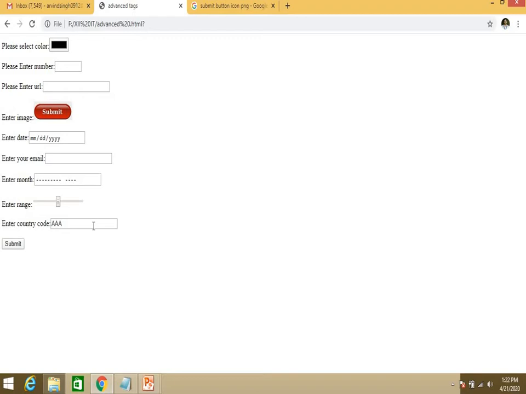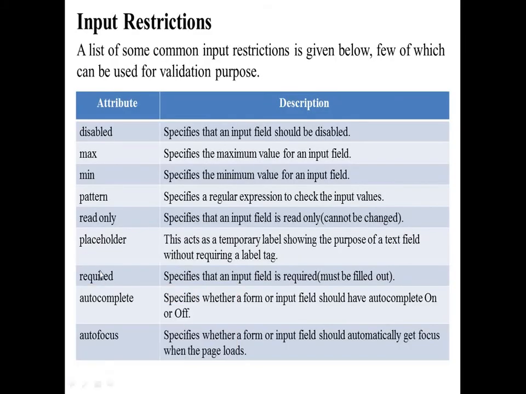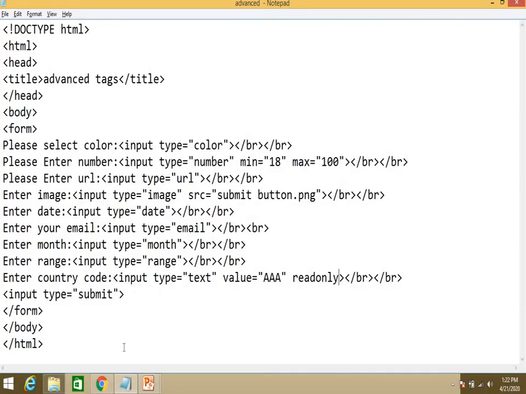Okay, what is the next one? After read only you have placeholder. Basically, the use of the placeholder is, for example, here I am removing read only.